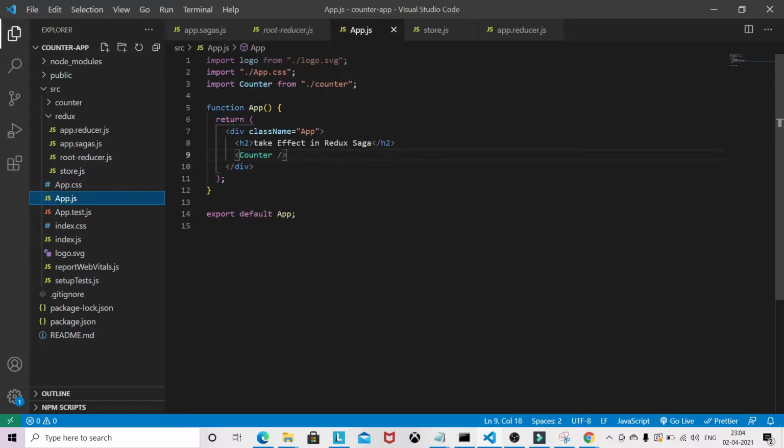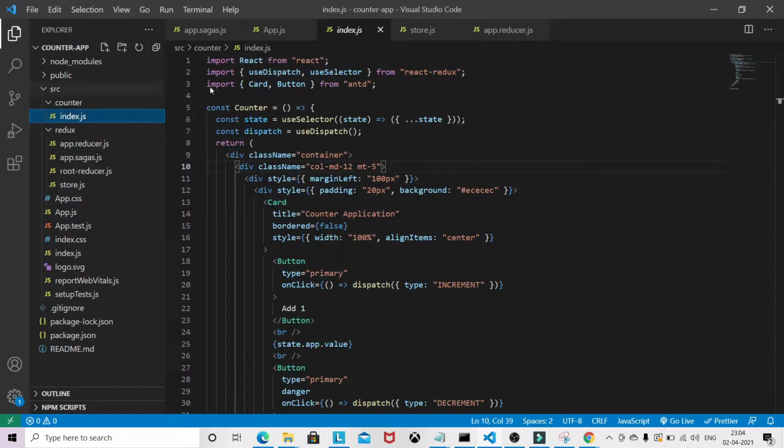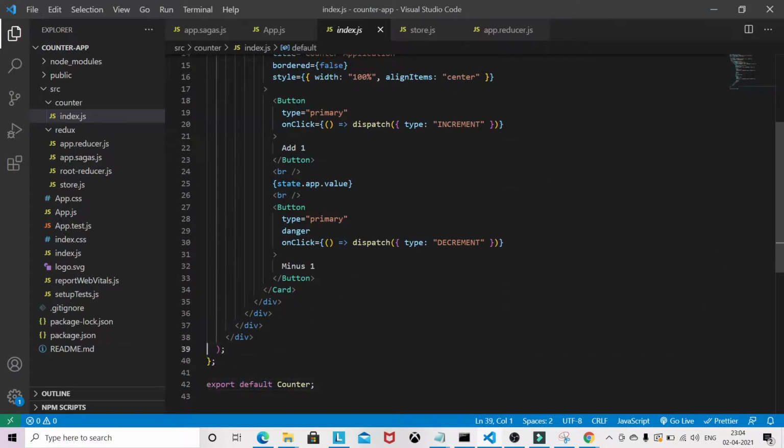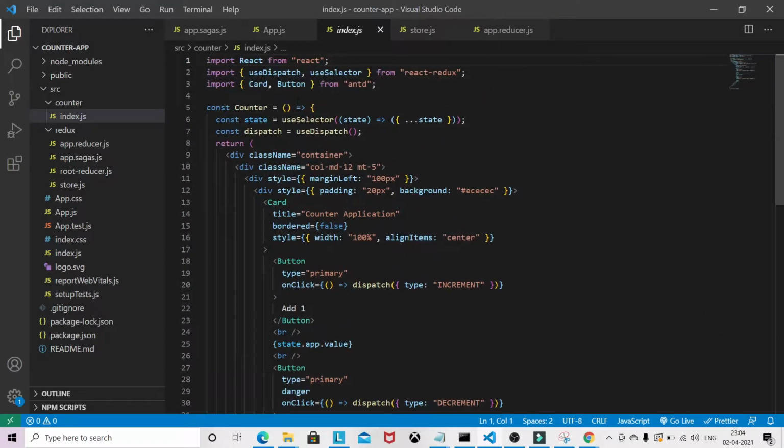Here I am importing the counter application from this folder. We have a very basic UI built with the help of Ant Design.